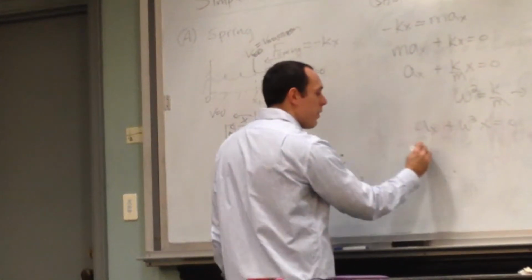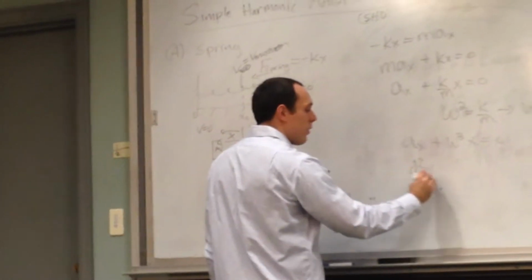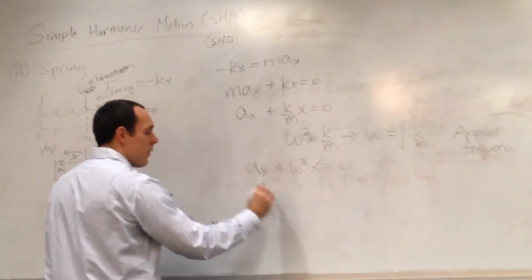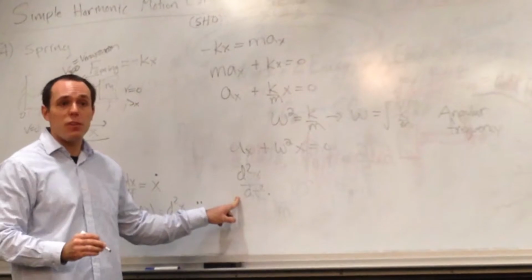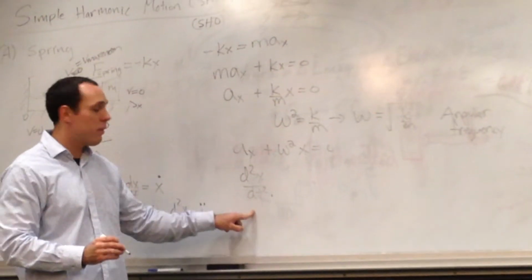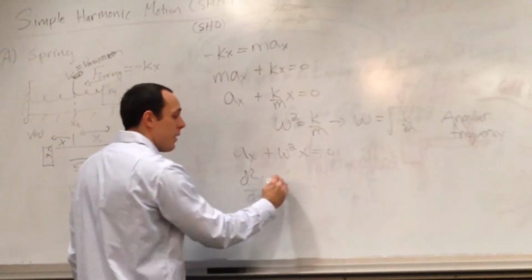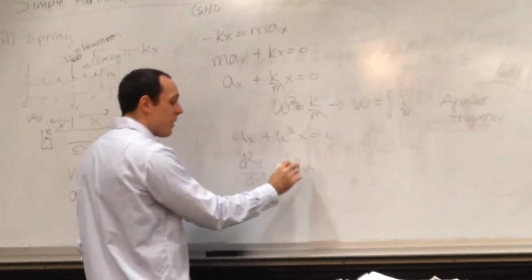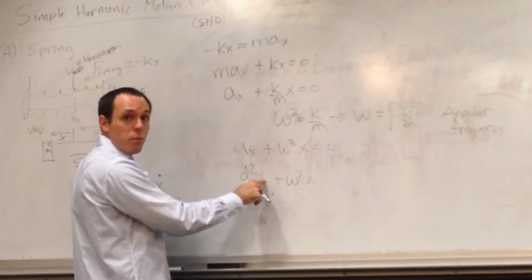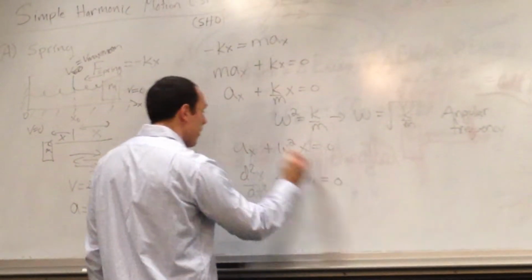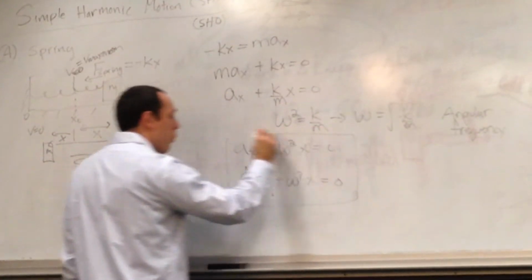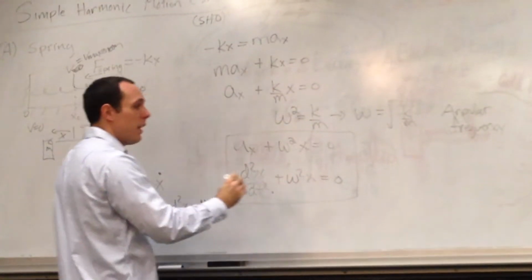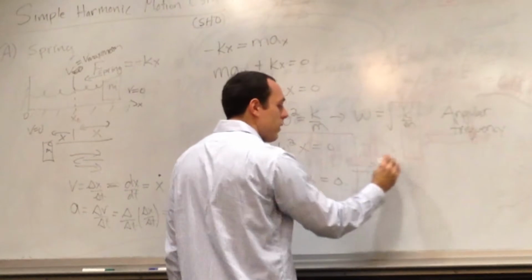And what I really want to show you is that any equation that looks like this, in which you have the second derivative, in this case it happens to be time, but it could be the second derivative with anything, plus omega squared times position equal to 0, and this is the equation of motion that we get, that the solution for this is going to be